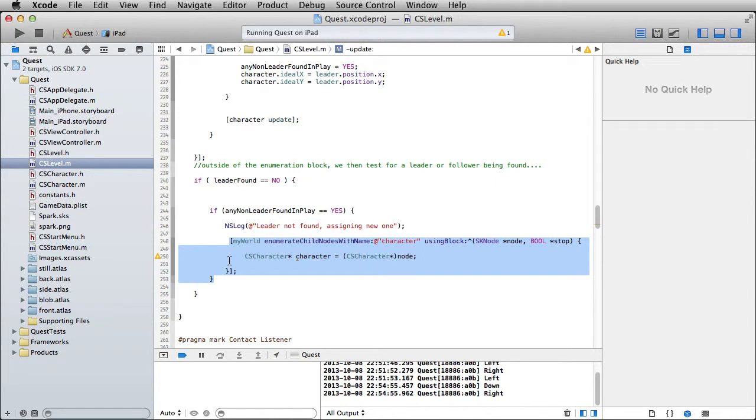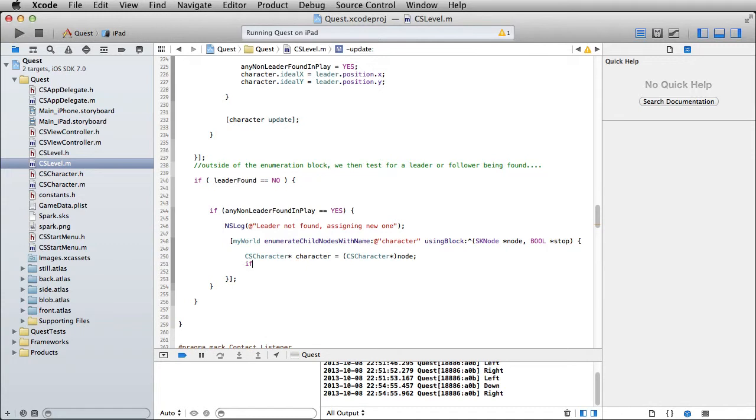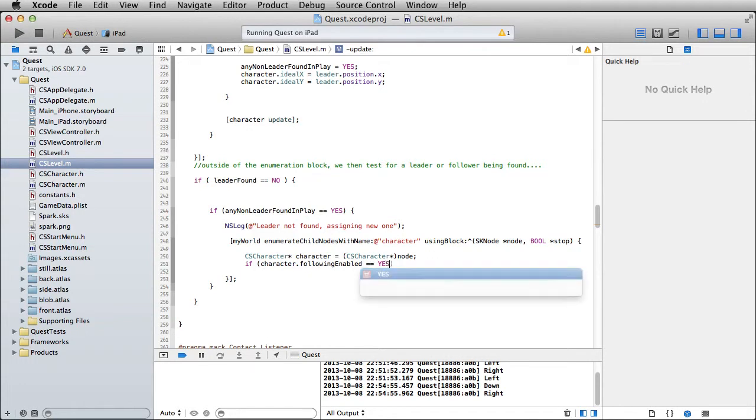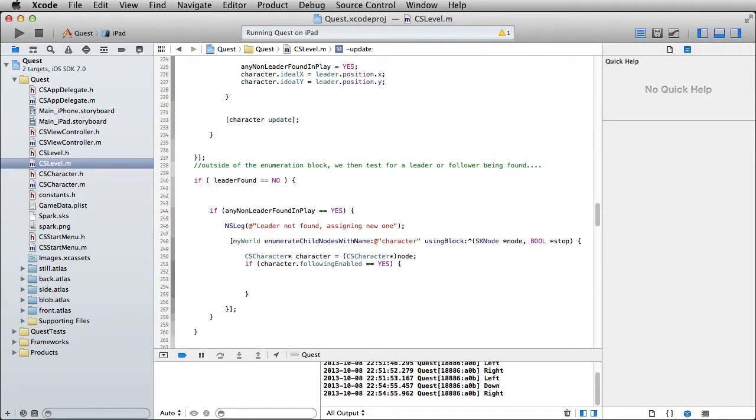Now what I'm going to do is go through every character again, and whichever first character I find, I'm going to make that guy the new leader. So I'll say if character.followingEnabled equals yes, then leader is going to equal the character. Because remember, we still have an instance kicking around here that is the leader, or was, I should say. And we'll say leader, make leader,